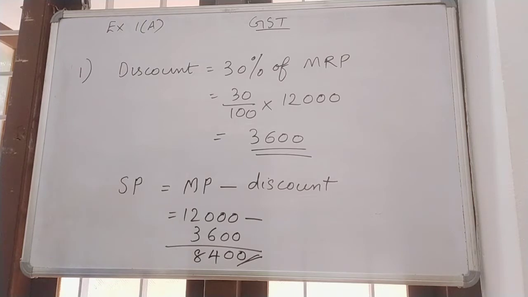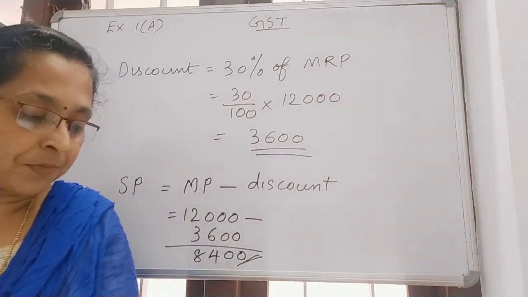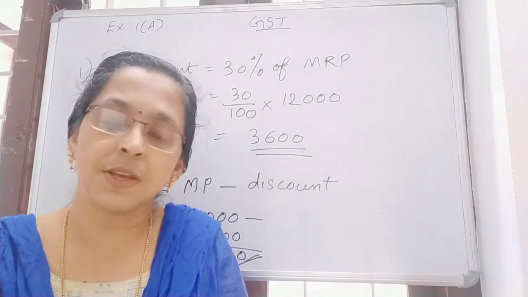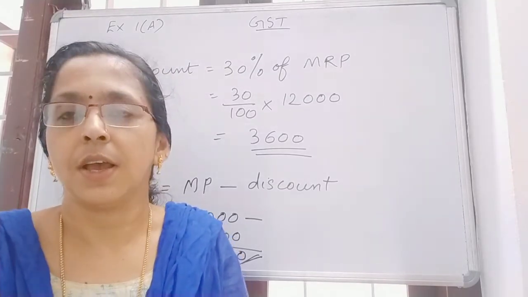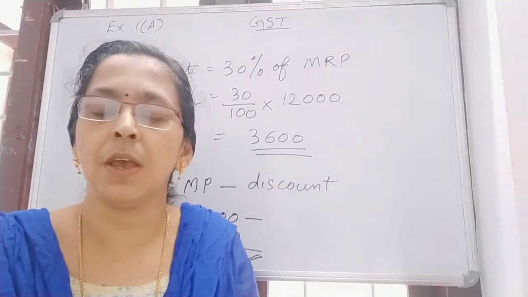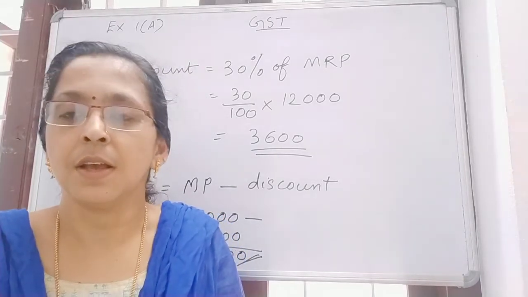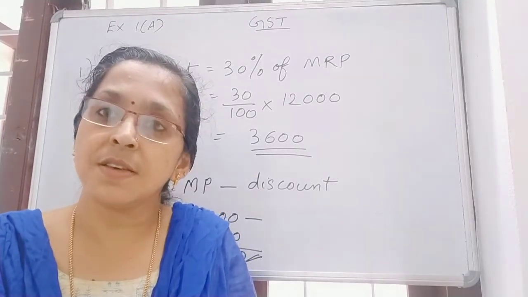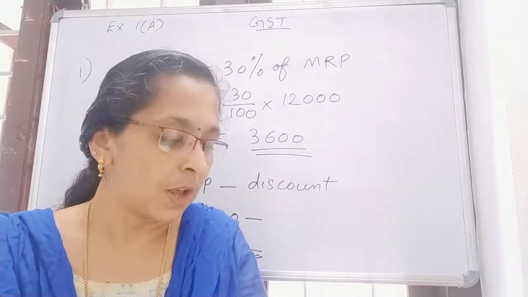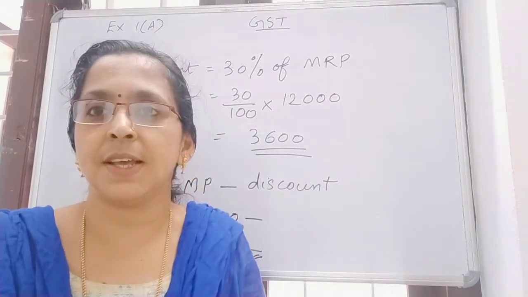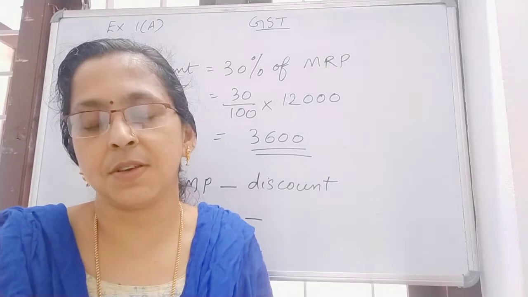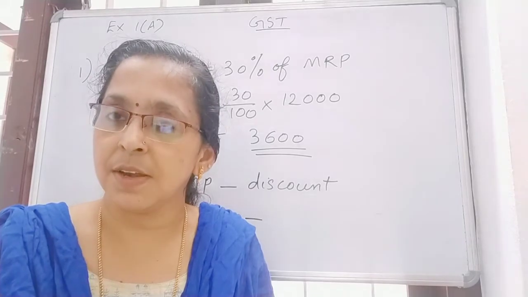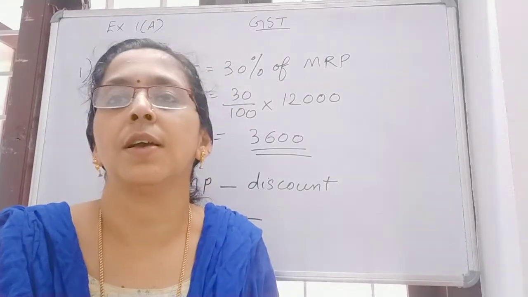CGST, SGST. Read the question properly. For the following transaction within Delhi. So within Delhi means it is an intra-state transaction. Intra-state transaction means there will be SGST and CGST. Then what about IGST? IGST will be 0. So SGST and CGST in percentage form will be what? Given 18% GST. 18% GST means we have to pay to the state government 9% and as CGST also 9%.